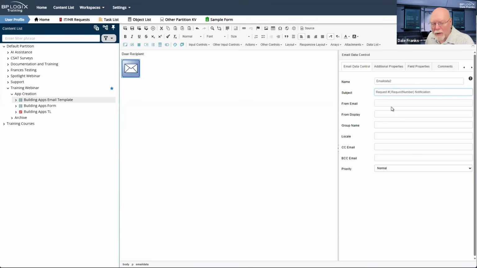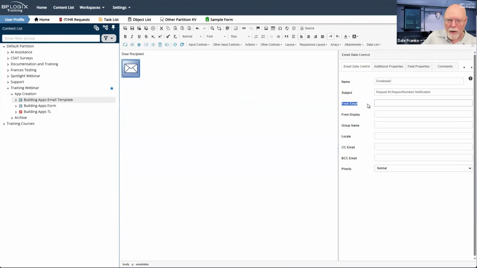There are some other things I can do with my email data control. I don't usually have to, but I can. I have a from email address. There are times, and I've seen a lot of customers do this, where even though in the installation settings properties page and in the global variables page, especially the global variables page, you set the default from email address for all of your notifications.